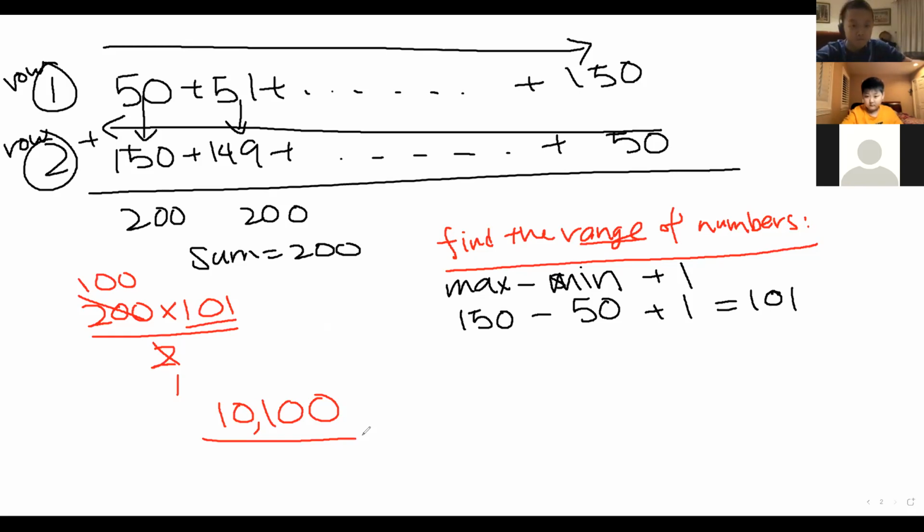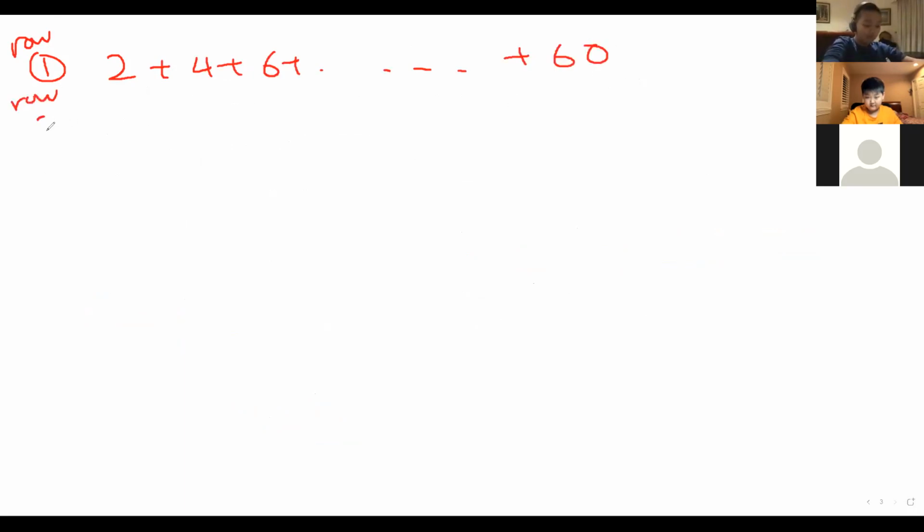Let's think about it. If we look at the next exercise, number 20, find the sum of 2 plus 4 plus 6 plus 8 plus 10. These are all even numbers, all the way up to 60, by using Gauss's method. So again, Gauss's method means we list out all the numbers. Again, I have row 1, which is 2 plus 4 plus 6. Row number 2,